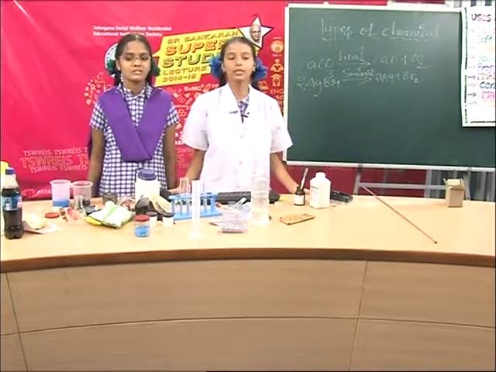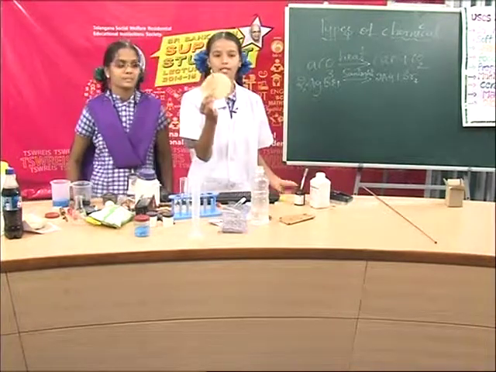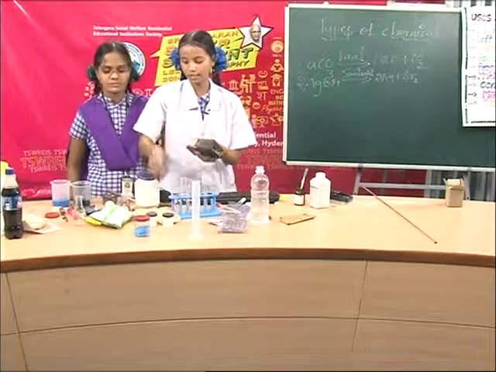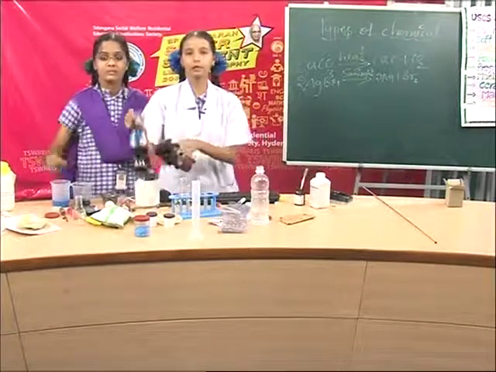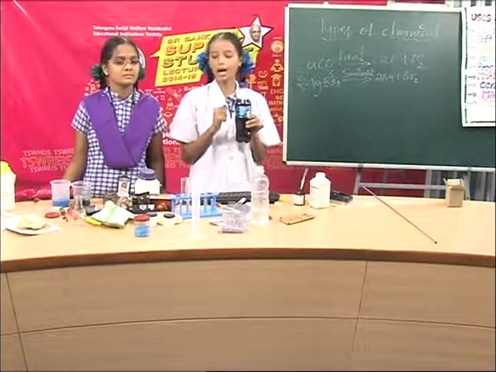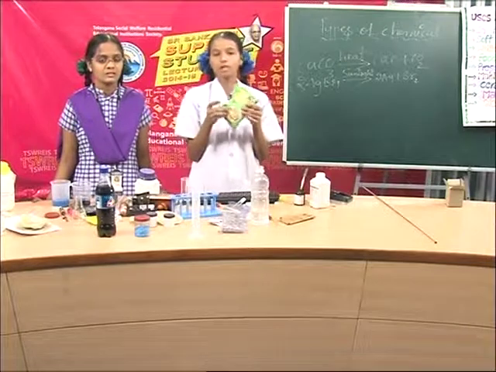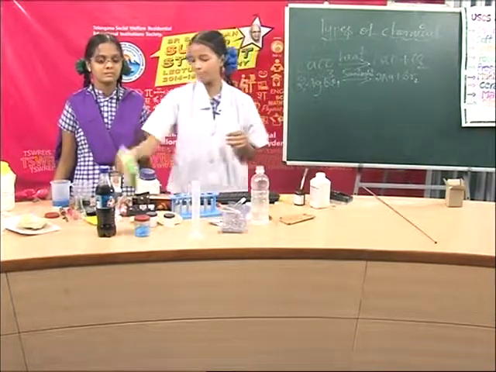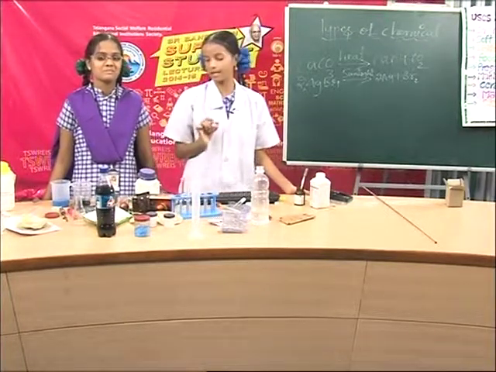So, let us see uses of chemicals in our daily life. See here, we have seen papads. These papads are preserved by calcium hydroxide, and all these food industry materials are preserved by calcium hydroxide. In cool drinks, soft drinks, and alcohols also we are using carbon dioxide gas. And for preserving chips, what gas do we fill in the packet? Nitrogen gas we are filling. And what chemical is present in onion? Sulfur is present.